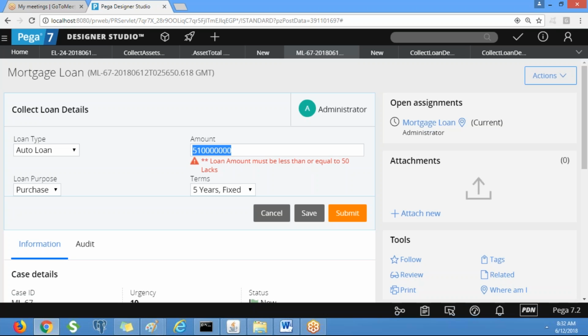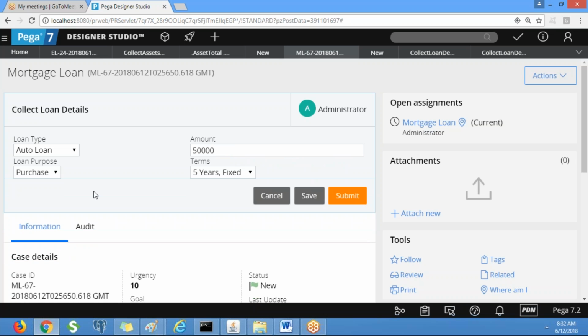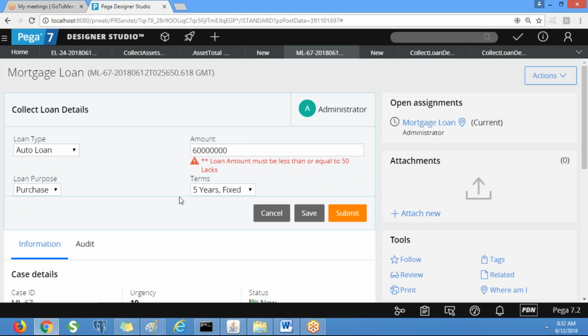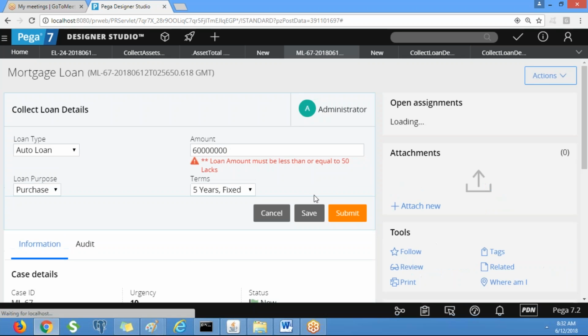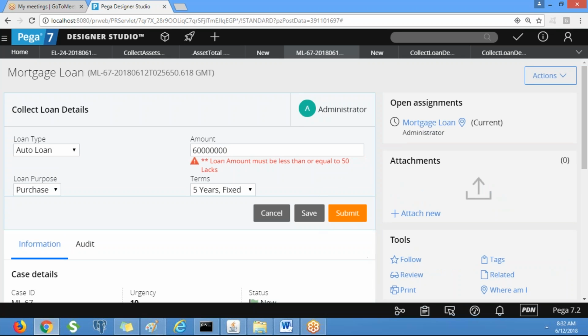So if you enter less than that, it will not display the message. If it exceeds, then only it will display the message. Clear? And it is not advancing the flow unless you rectify this, right? So always you should enter less than or equivalent to 50 lakhs.